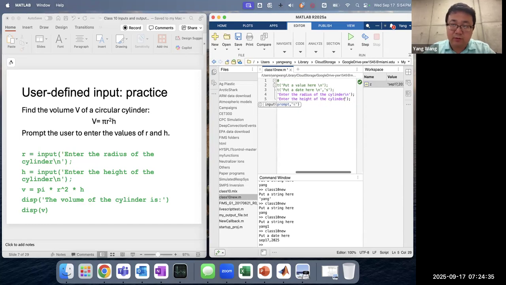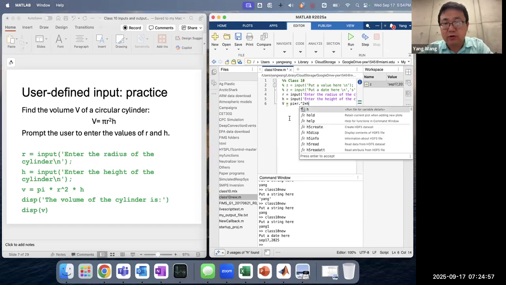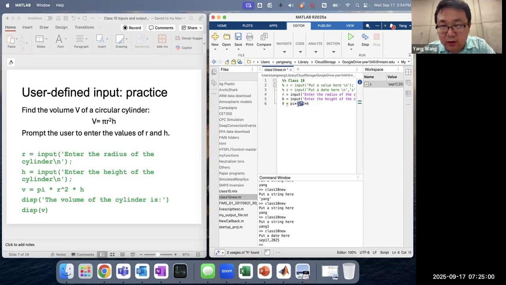Okay, so then we know that the volume is pi r squared. That's the area of the base, and then multiply by height. So that's the volume. So then we can just do volume equals pi multiplied by r to the power of 2 multiplied by h. So here we actually put the dot calculation mainly because we want to avoid the problem